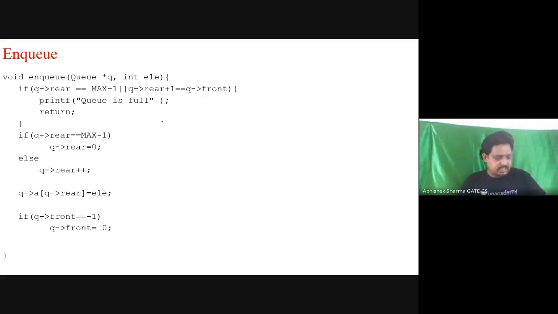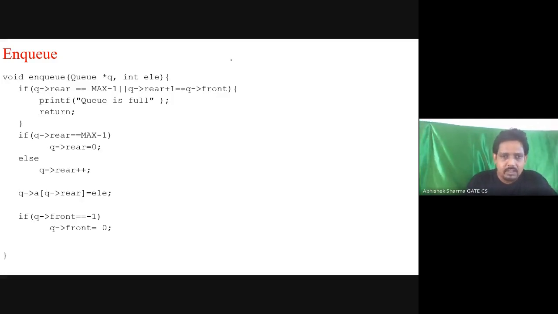So now this is the code, and in this code, this is a circular enqueue. The rest of the function will remain the same, but this is an enq operation.